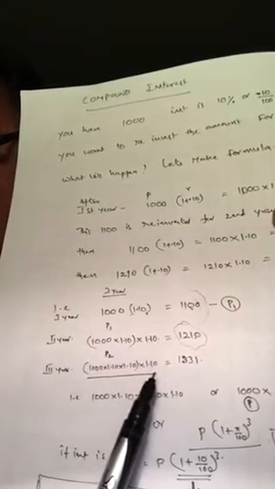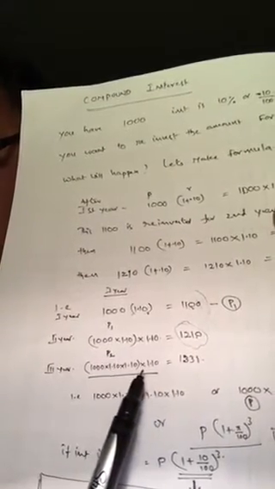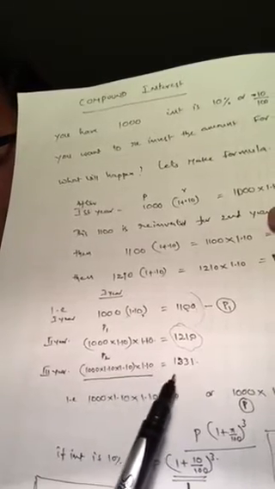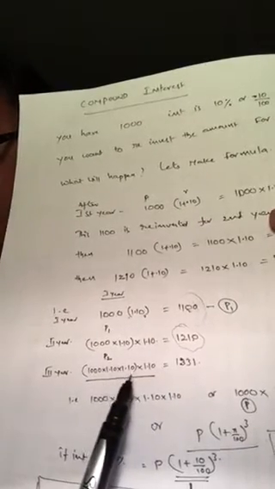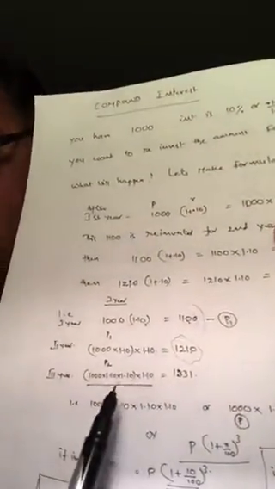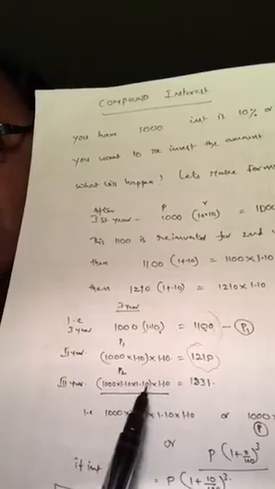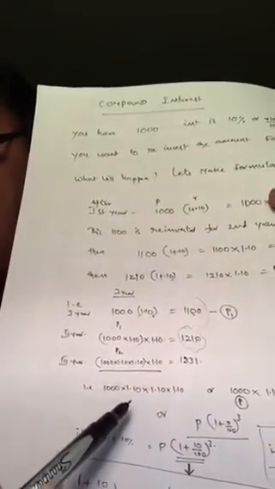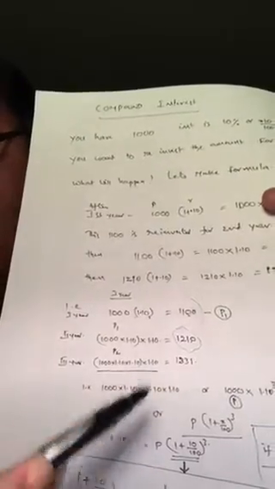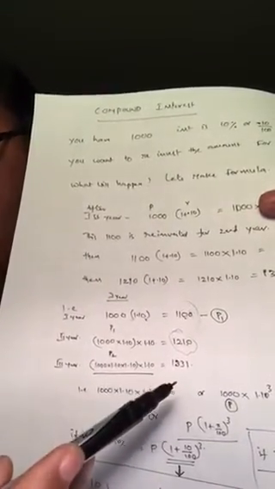What is this? This is 3 years' interest. Suppose it is 4 years, another 1.10 comes in, and then it becomes 1.10 to the power of 4. So the power represents the time, 1.10 represents the interest rate, and 1000 represents the principal. Like this, we have arrived at the final formula. Future value in compound interest, FV is equal to P into 1 plus R to the whole power of T. So that will be the formula.